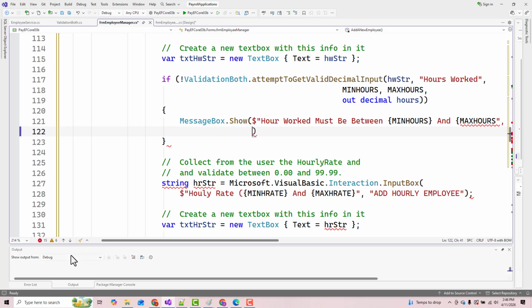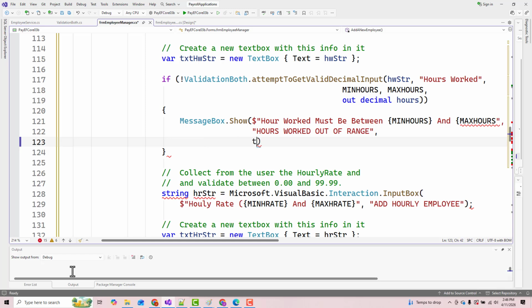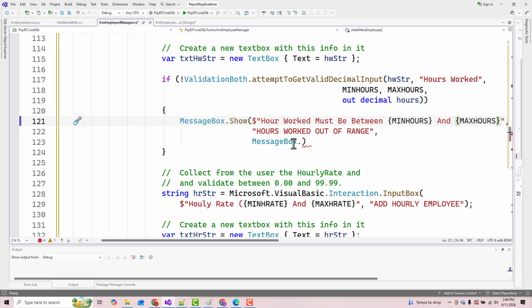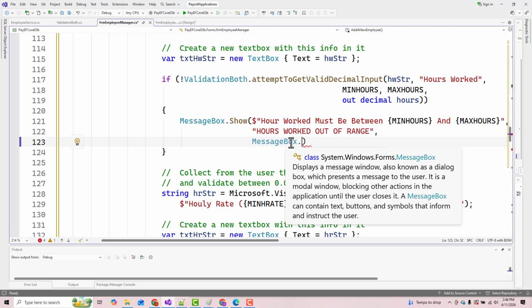Okay. We will say here hours worked out of range, and this will be message box dot, doesn't like something in here. Oh, I didn't close this. Here. So message box dot